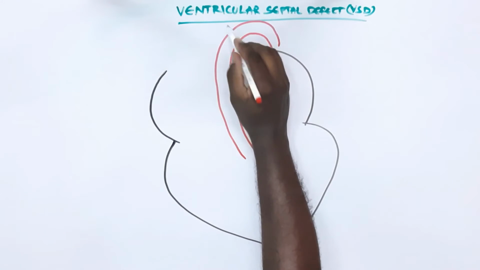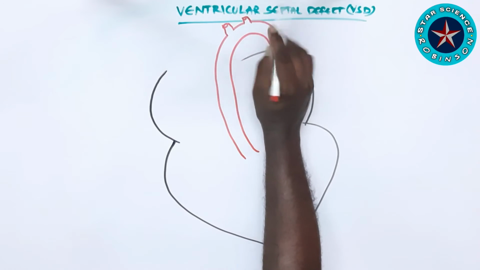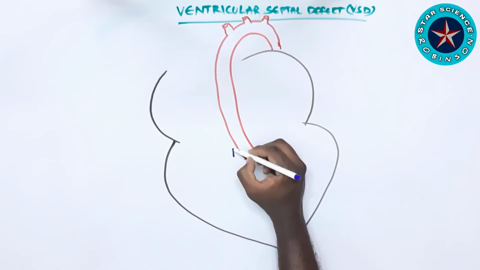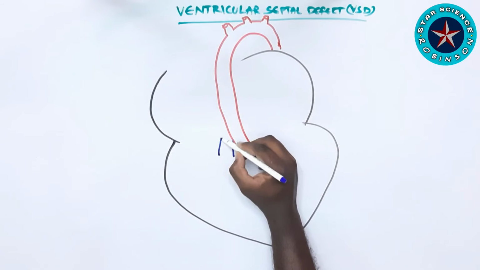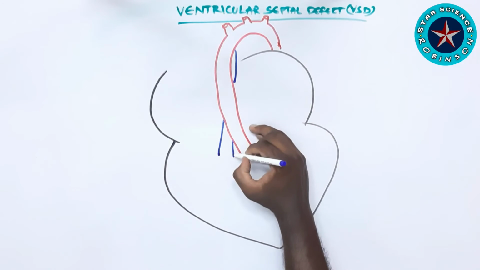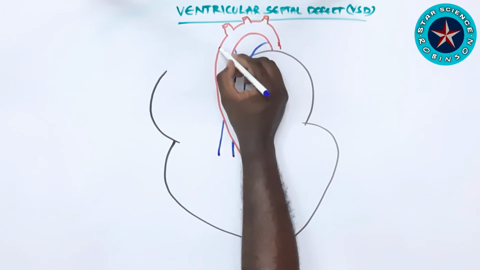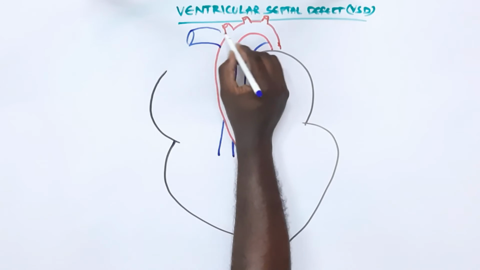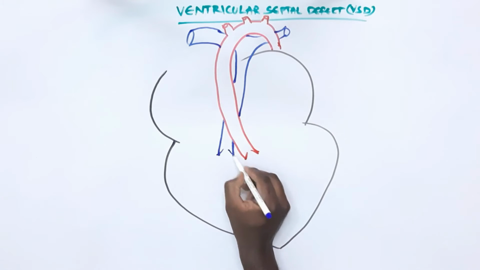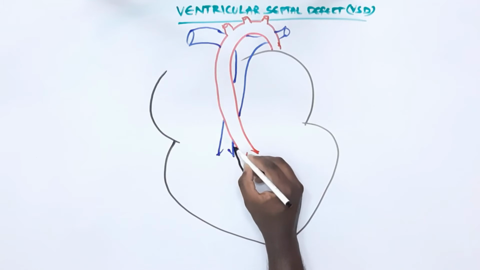Now, as I'm drawing this diagram of the heart, I'll tell you the normal heart's work is to get the CO2 blood to the right atrium. From the right atrium, it goes to the right ventricle. From the right ventricle, it goes through the pulmonary artery to the lungs, and from there it returns through the pulmonary vein to the left atrium. From the left atrium, it reaches the left ventricle. From the left ventricle, it flows to the aorta, through the ascending aorta, the arch, and the descending aorta to the other parts of our body.